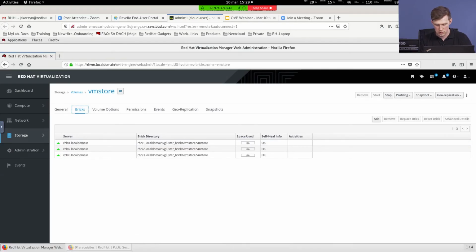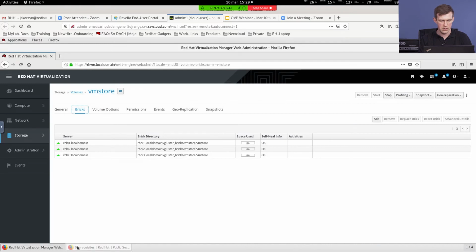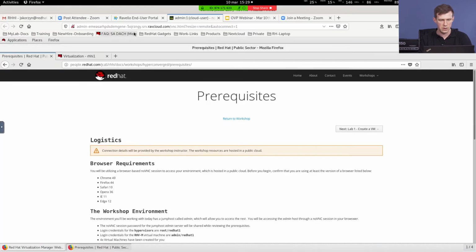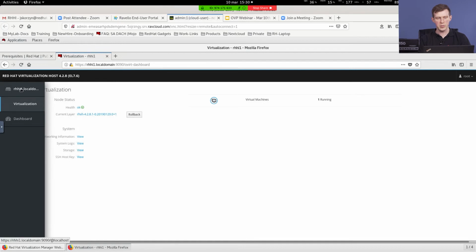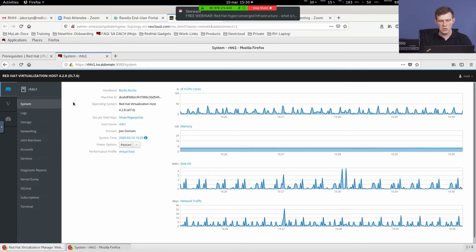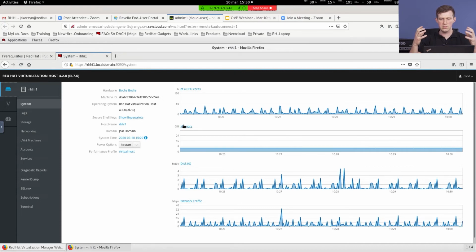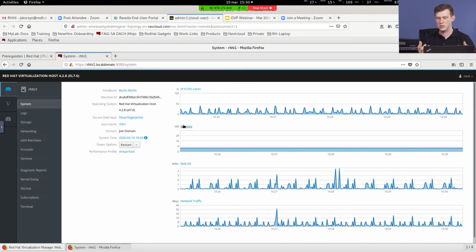So I'm going to show you the Cockpit here, which I should have right now. I don't know if all of you are aware of Cockpit, what it is, and how you can proceed with it. Cockpit is not new. It was already with RHEL 7 for quite a while, like 2 years or maybe even more. It is a graphical user interface for your Red Hat Enterprise Linux.